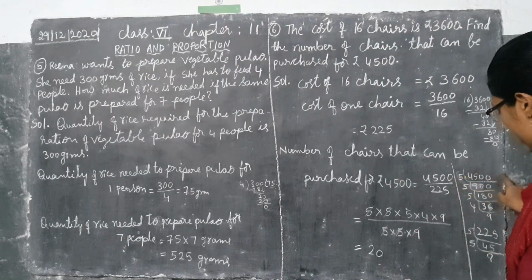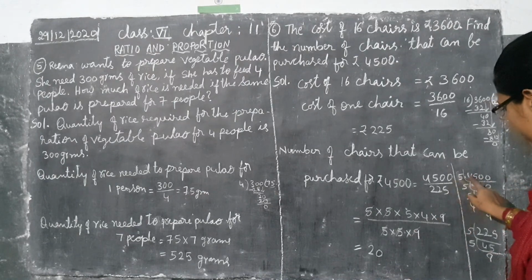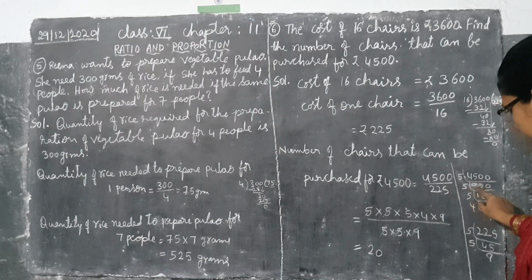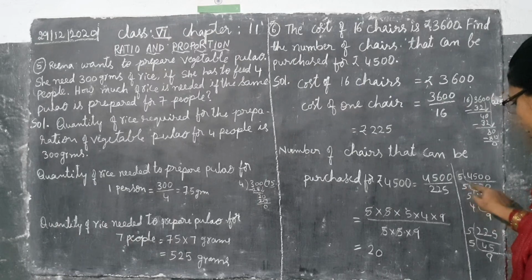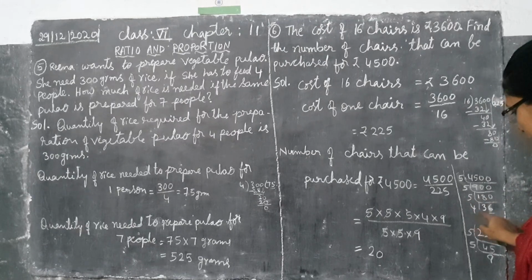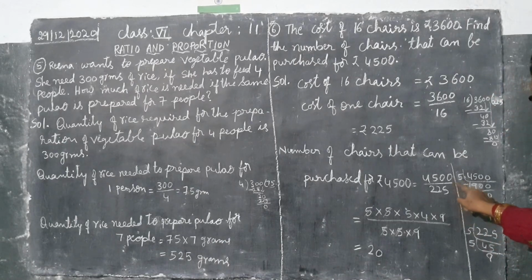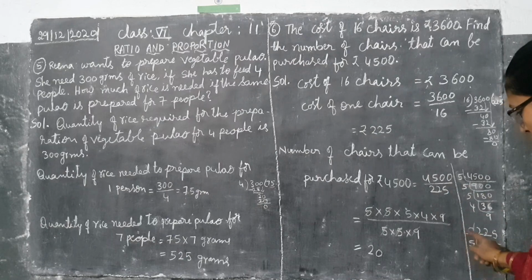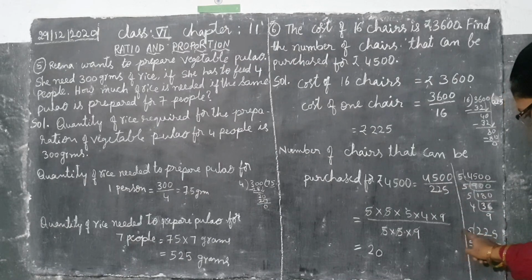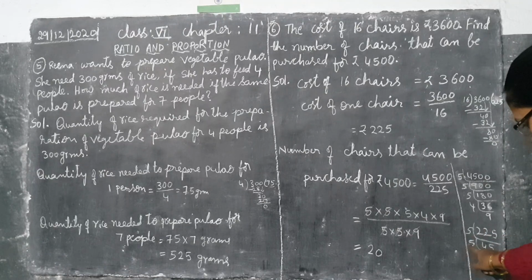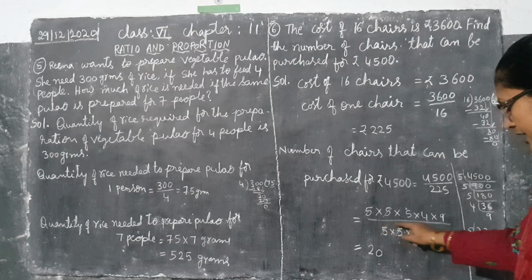With LCM we can take 4,500: 5 9s are 45, zeros like that only. 5 1s are 5, then how much is left? 4 left. Then 5 8s are 40, 0 like that only, and 5 3s are 15, how much left? 3. Then 5 6s are 30. Then 4 9s are 36. This LCM step we have to do, and in the denominator also we have to do LCM only. 225: 5 4s are 20, then 2 left. 5 5s are 25. Then 5 9s are 45. This we have to write, children.